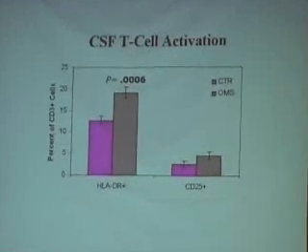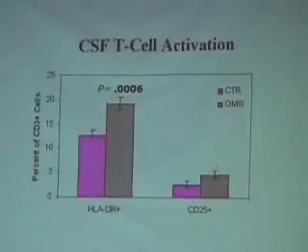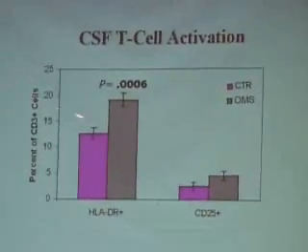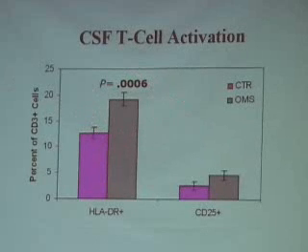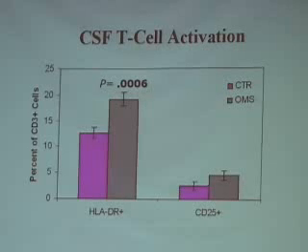Well, let's look at T cell activation. These are two activation markers, DR for more long-term activation and CD25 for more acute activation. And we found a significant increase in activation in OMS. Now, our controls are neurologic controls. These are children who got taps for other neurologic problems not known to be autoimmune. But these aren't normal individuals. And I suspect that if we actually had totally normal children for comparison, that this number would be lower, making a bigger difference in the